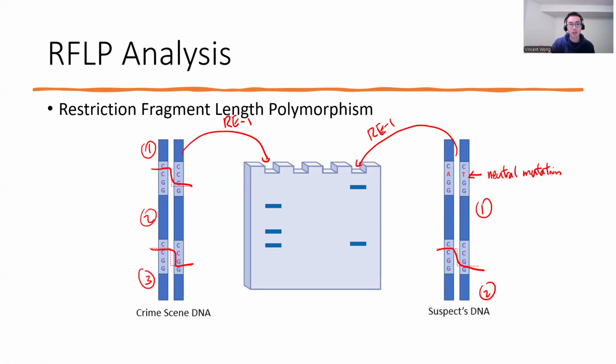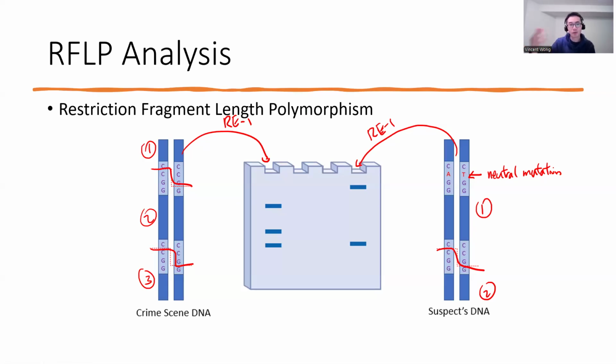In real situations, you are not just going to treat the sample with one restriction enzyme. You're going to use multiple restriction enzymes and digest multiple DNA samples to create unique banding patterns. Don't worry too much about this. The key thing to realize here is there are different kinds of polymorphisms, and depending on where you're trying to do